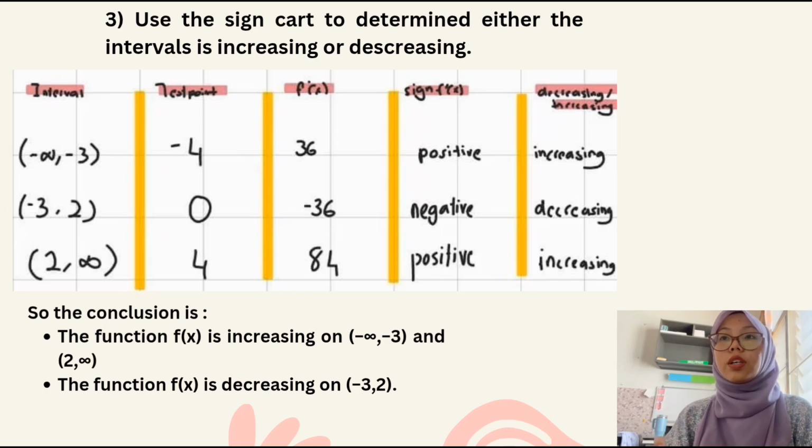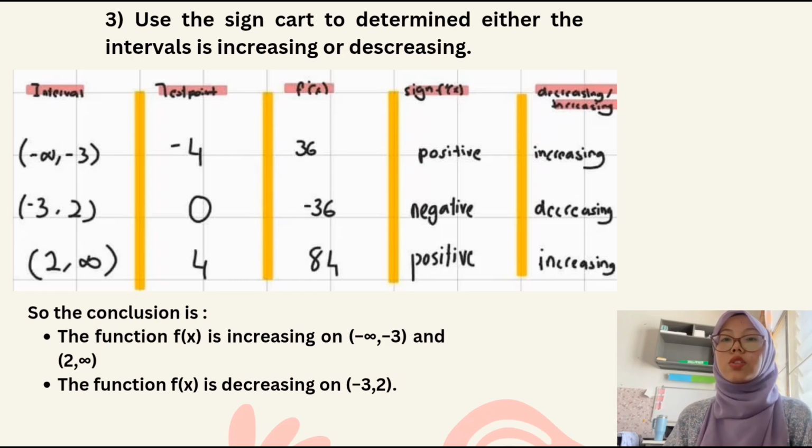We get the value of f'(x) is 36, which is positive, so the function is increasing. For the second interval, negative 3 to 2, my test point is x = 0. So f'(x) is equal to negative 36, which is negative, so the function is decreasing. For the third interval, 2 to infinity, my test point is x = 4 and f'(x) is equal to 84, which is positive, so the function